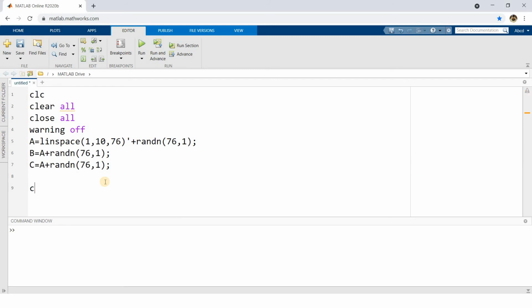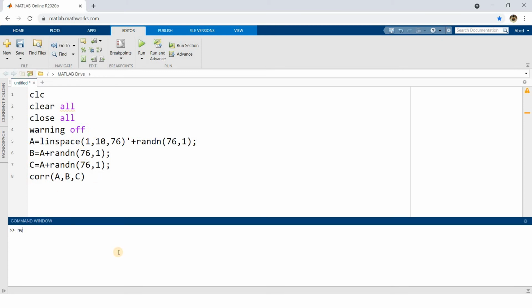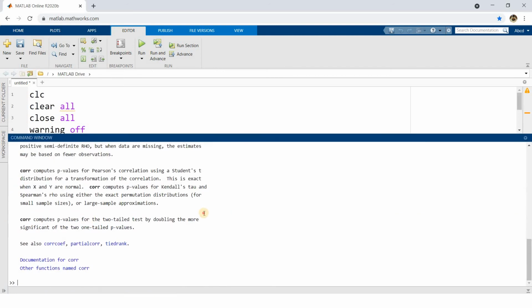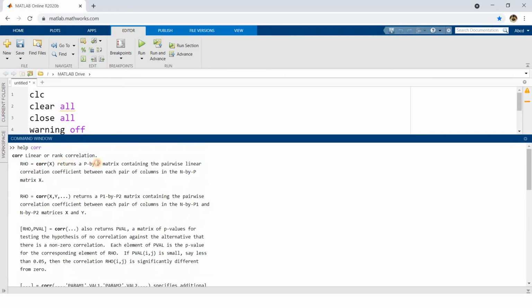We can simply check using the corr function, corr of A, B, C. I have taken a column vector here because if you check help corr in the command window, you can get the detailed description. Here you can see it returns a P by P matrix containing the pairwise linear correlation coefficient between each pair of columns in the N by P matrix X.